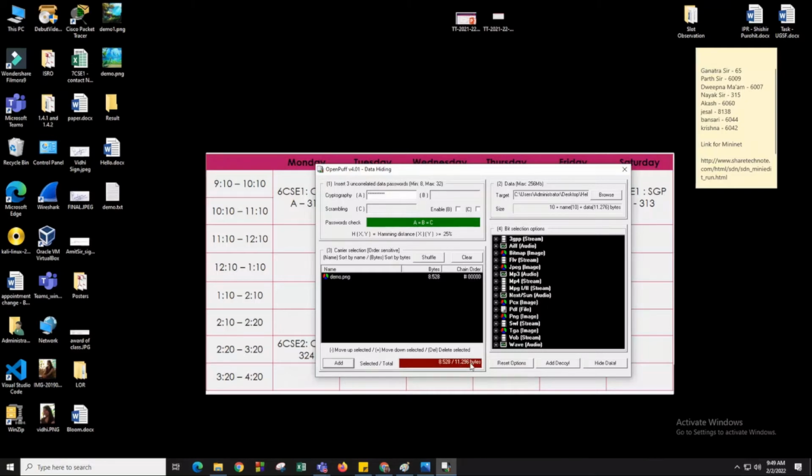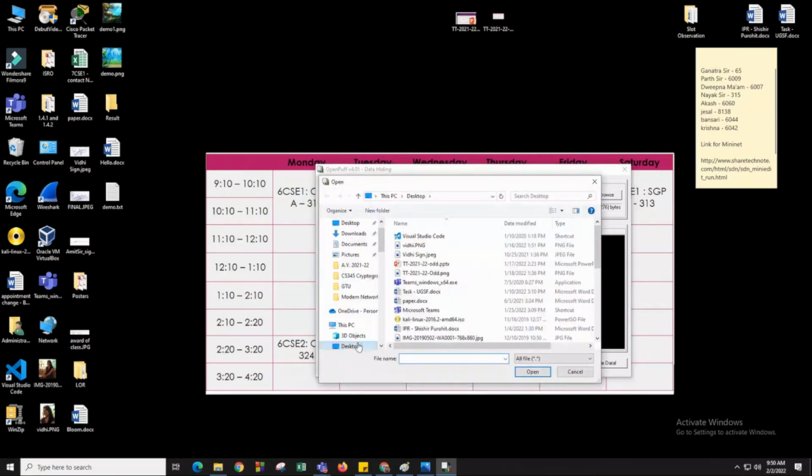I have already added my carrier, my cover, but you can see this line doesn't turn green. That means the carrier we have chosen is not sufficient to hide our data. So we need to remove this carrier and use a larger file. I'll clear this, and now let's add another file, this tt file.